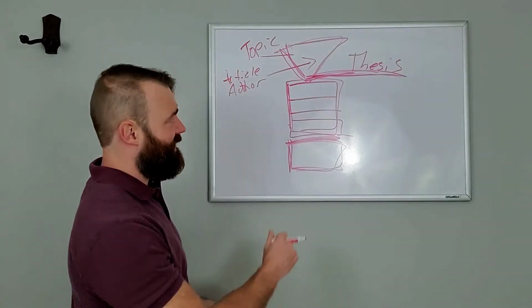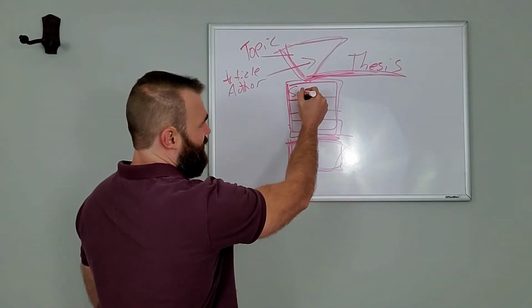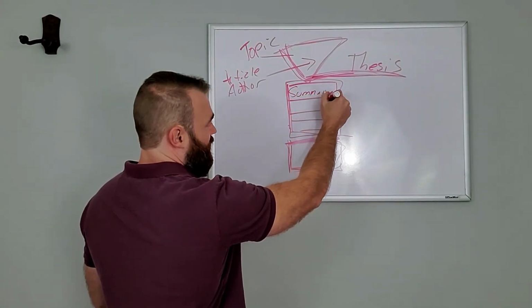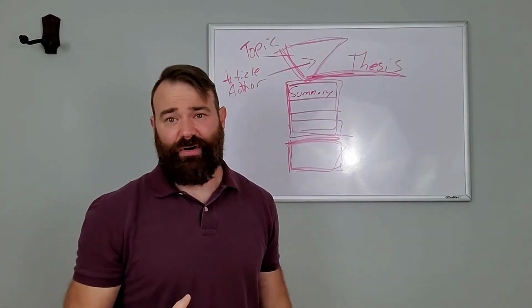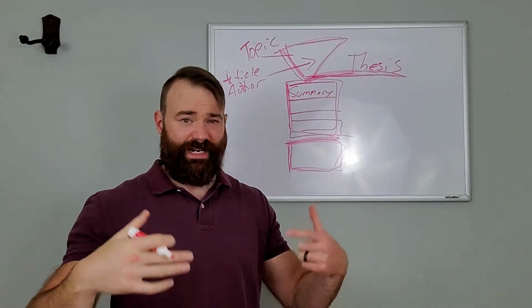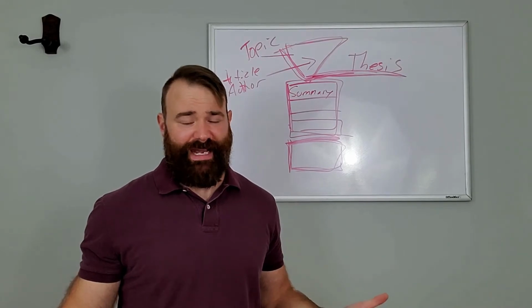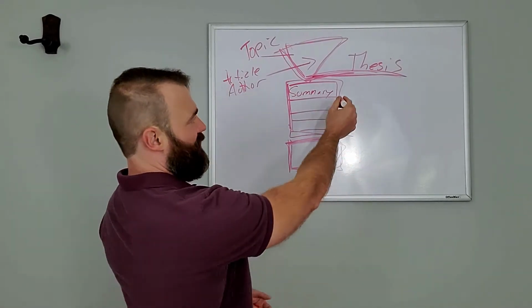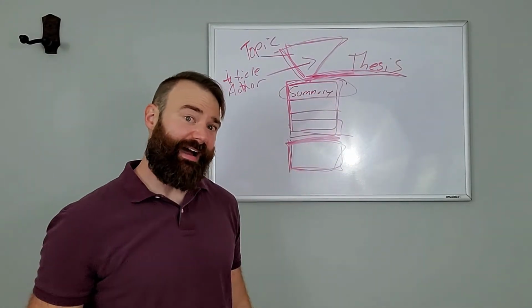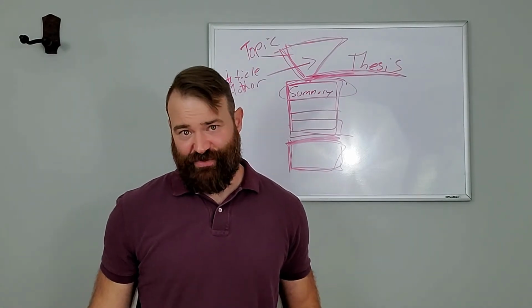Now in this essay, your first body paragraph will be a summary of your given reading. Whatever article you're going to analyze, you can just drop your summary right into that first body paragraph, just like you did on essay 2.